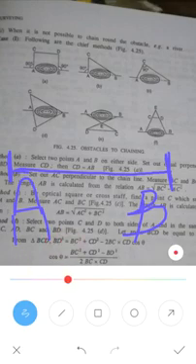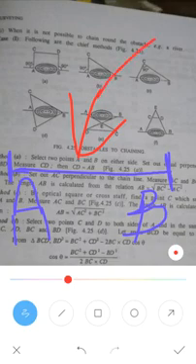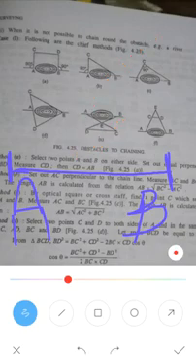In this line length, you have to measure the distance between A and B. So how do we find out the distance? But there is one problem. You can't measure the distance between A and B by keeping the tape directly between A and B.